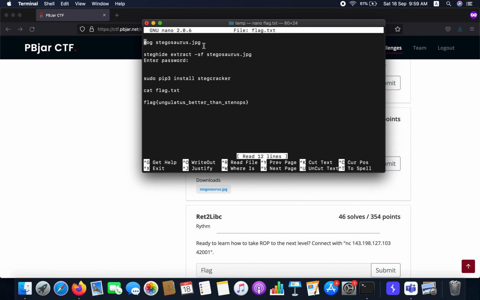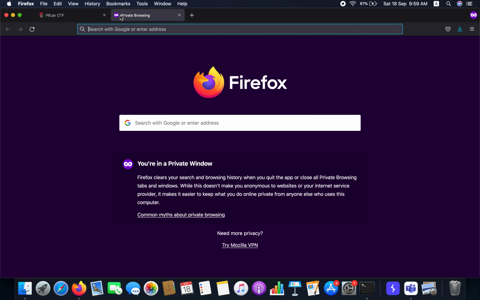So I typed in EOG to get the image, and this is the command that you run in order to use steghide on that image. It asked me for a password, and since I did not know the password, as usual it did not provide me the flag.